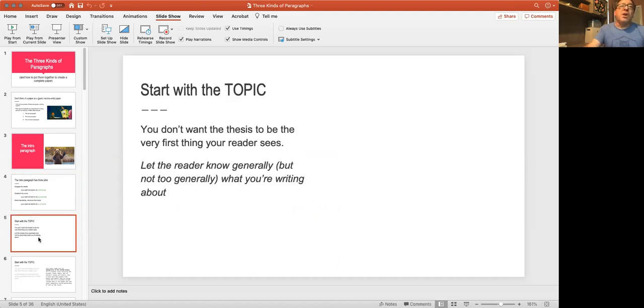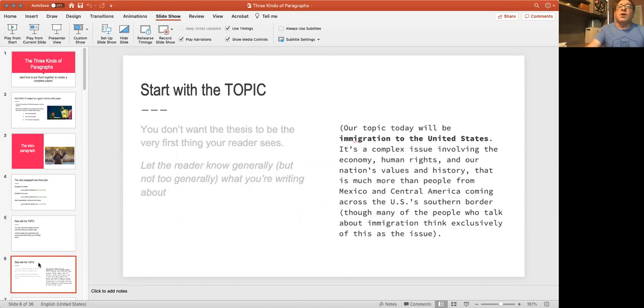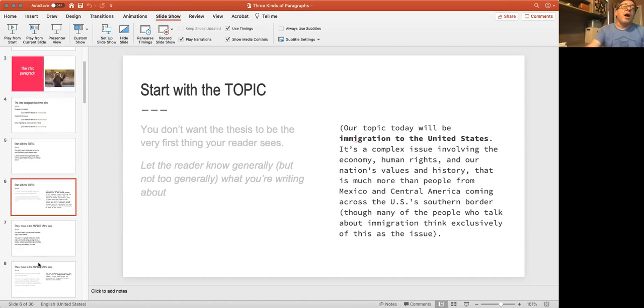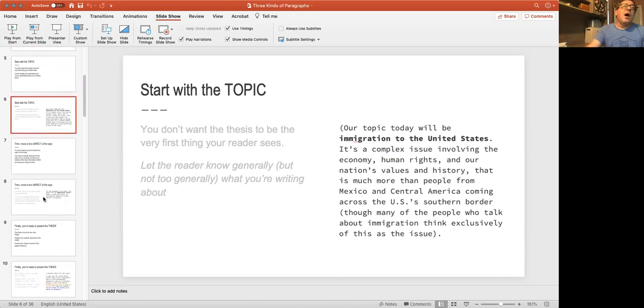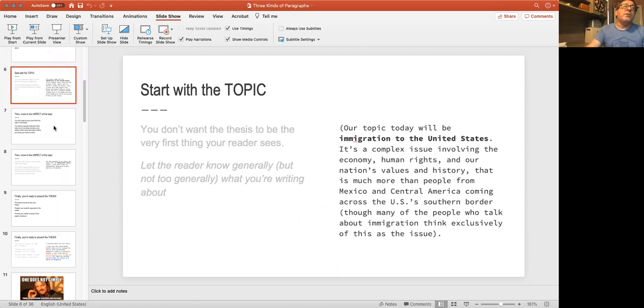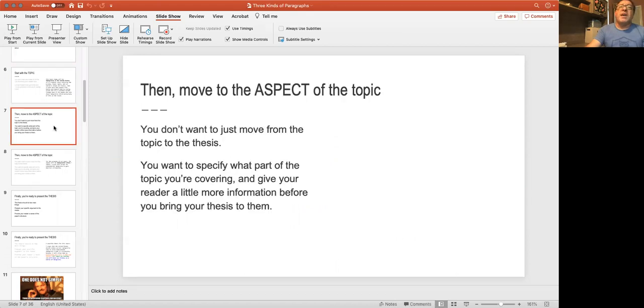So you do want to start with the topic, right? You don't want the thesis to be the very first thing that your reader sees. So in this case, we're talking about immigration to the US. This is a complex issue that involves the economy, human rights, and our nation's values and history. It can go in a lot of different directions, but in our case, we're going to talk about the aspect